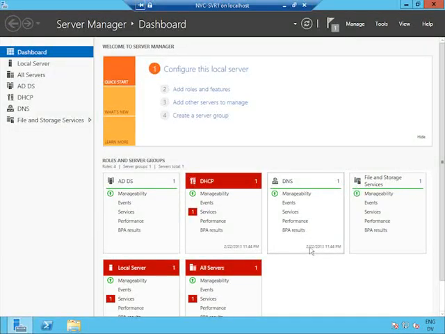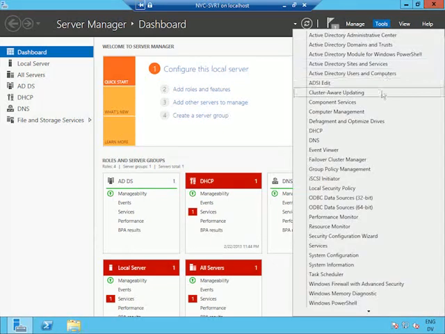Okay, so we've installed our cluster aware updating tool. We can see that here in the tools menu. There it is, cluster aware updating. We could also get access to the same tool from the main failover cluster manager GUI. When I jump over to the actual failover cluster servers later, I'll illustrate that from that side. But for the moment, let me just jump right into the cluster aware updating GUI,